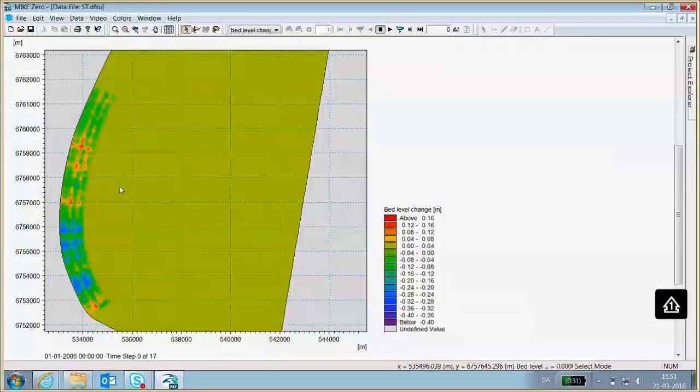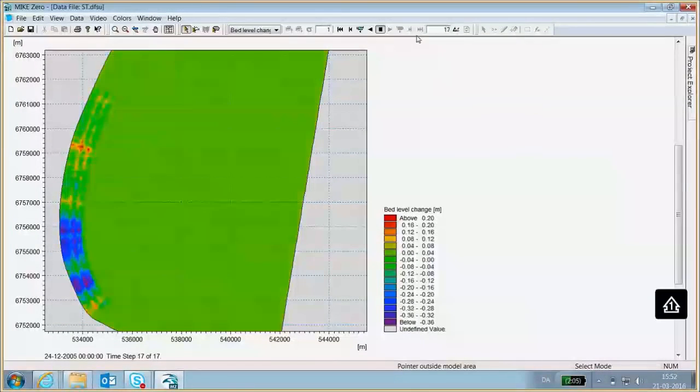And the reason is that the morphology defined by the shoreline model, by the initial position of the shoreline and the coastal profile that we have supplied, does not match exactly with the bathymetry that is in the mesh file. And the difference is what we see here in terms of the bed level change at the initial time step. Now, of course, it's nice to know, but it's kind of clogging our results because it makes it difficult to see whether the erosion and accretion that we are seeing here is actually due to that initial change or not.